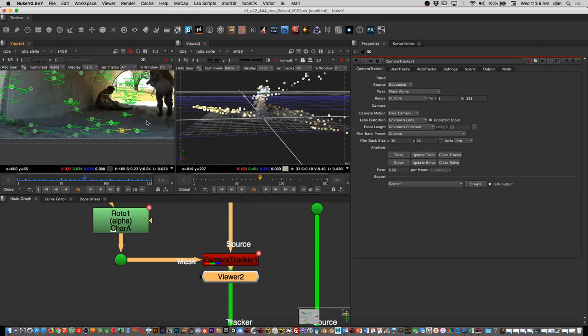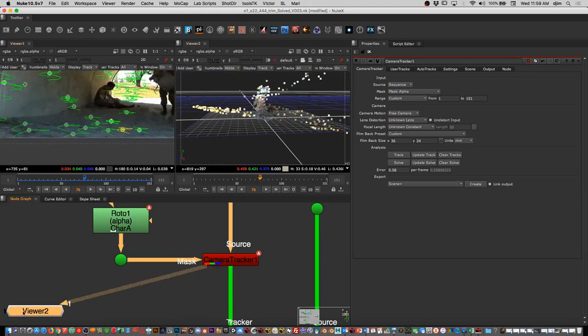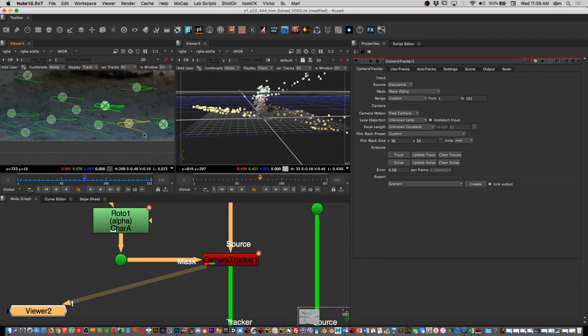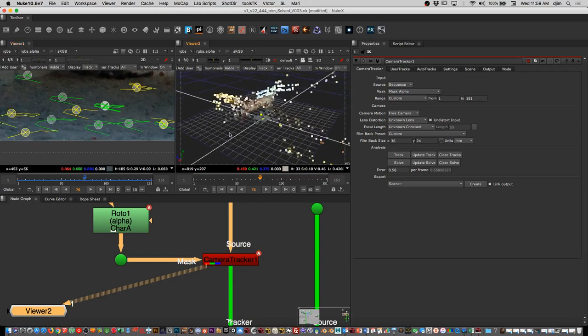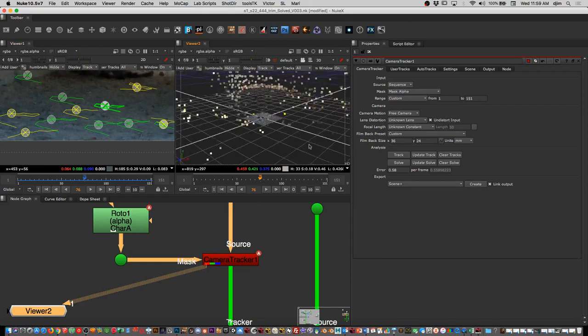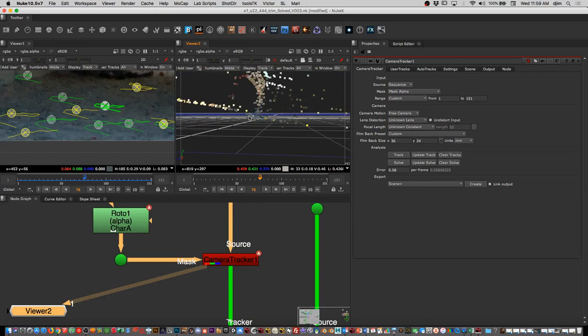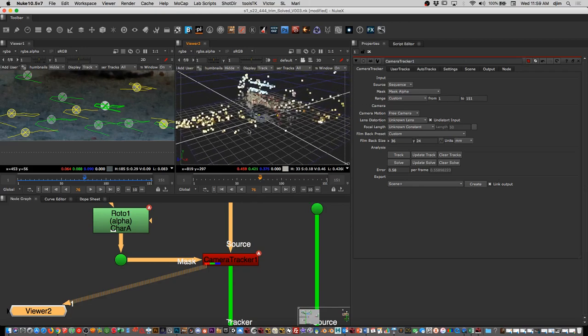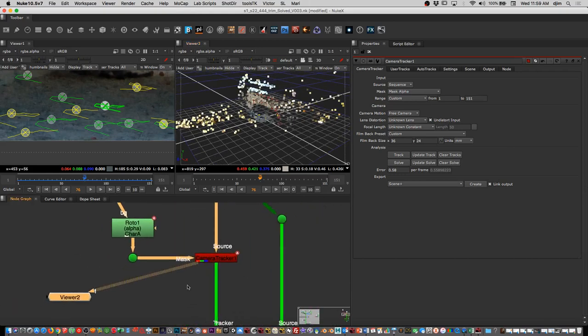All right, so now working through the camera tracker, let's move the viewer to the side here. I'm going to select other points other than the one that I just set up as a ground plane. So I'm going to select, say, that point on the side, maybe that point on the back, maybe this point on the front. So I can cross at that point. All right. So what I'm looking for is that all those points are coplanar to each other. Okay, and they are. So if I look at it sideways, those are all the points running through that plane right there. So what coplanar means is that,